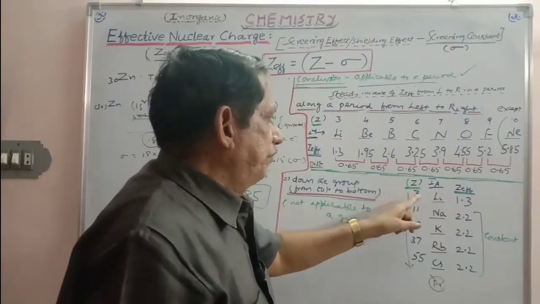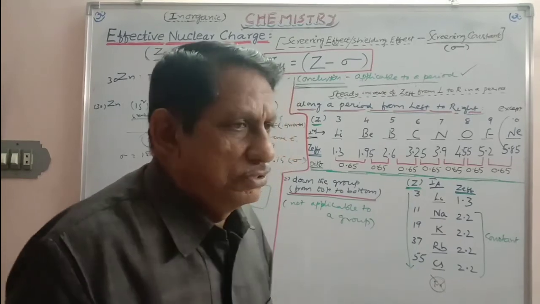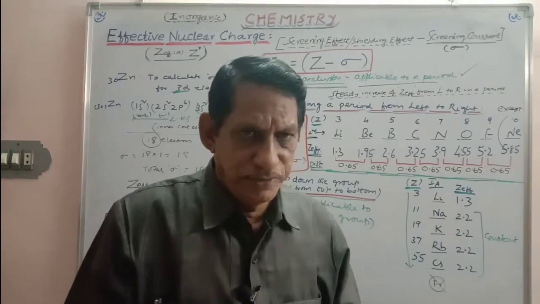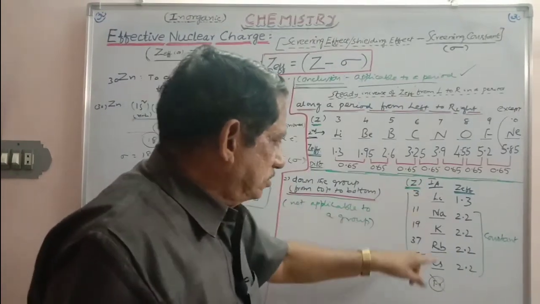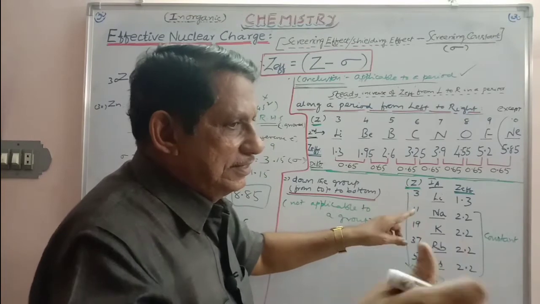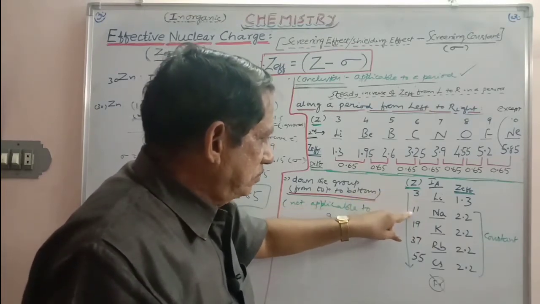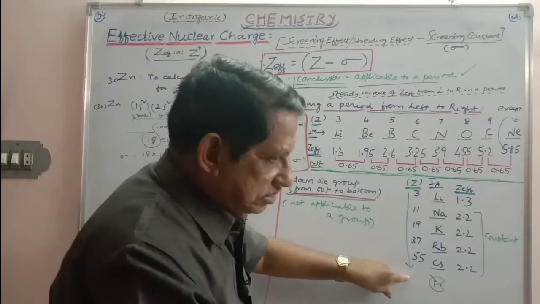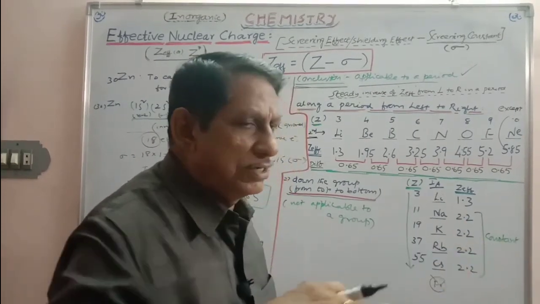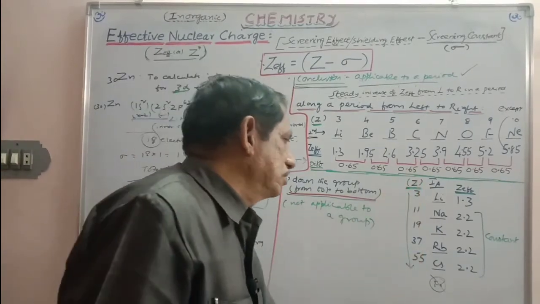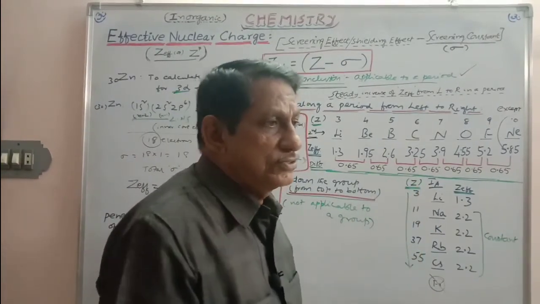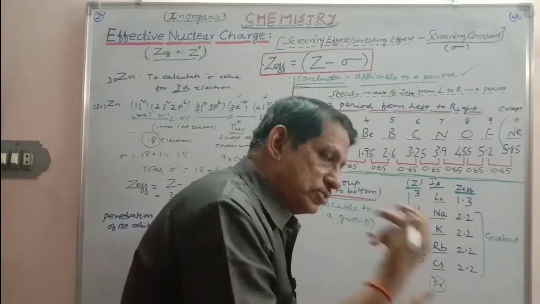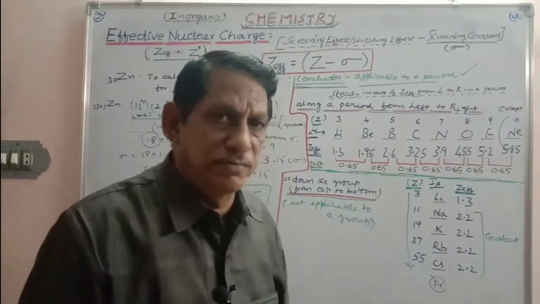Here the atomic number is 3, and when there are 6 elements in a group, you have to add for the first atom 8, 8, 18, 18, 32. That is the logic you have to adopt. So here there are 6 elements including francium: 3, 11, 19, 37, 55, 87. 87 is the atomic number of francium, which you are not considering. So there is an increase in the atomic number, and there is also an increase in the number of shells. This is the second orbit, third orbit, fourth orbit, fifth orbit, and the sixth orbit is the outermost orbit. In that way, there is an increase in the number of orbits.